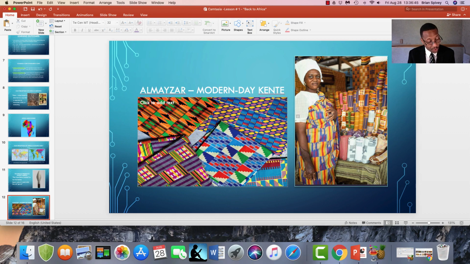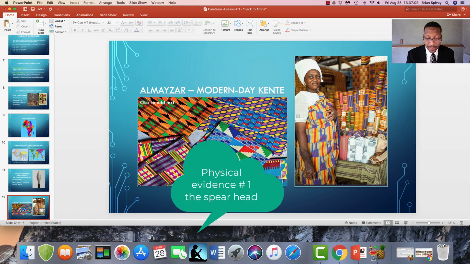Each one is a cloth so woven in colors that it appeared an almazar, which with one tied on the head and the other covering the rest. These were the earliest documented traces of the African presence. So we have physical evidence. 1 being that spearhead, 2 being this cloth, and